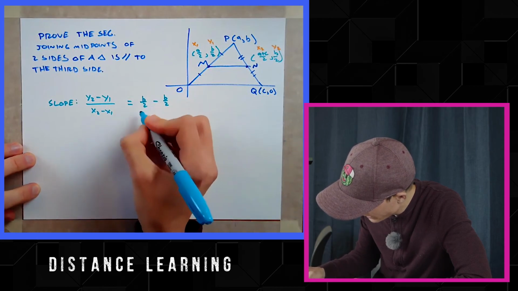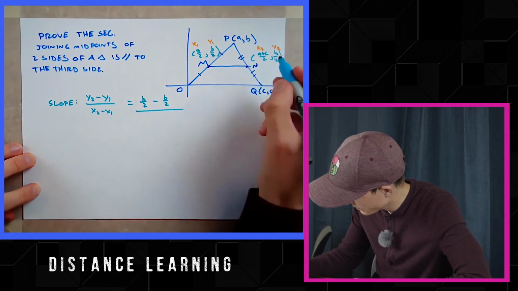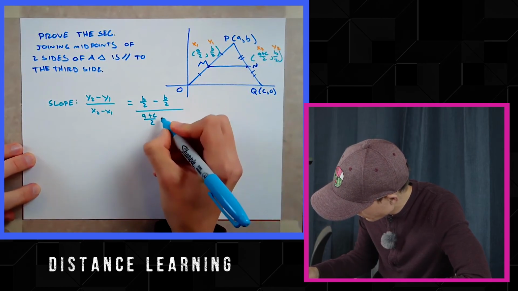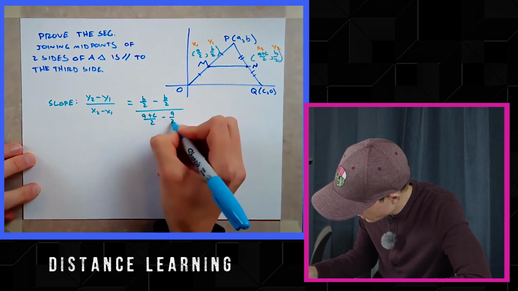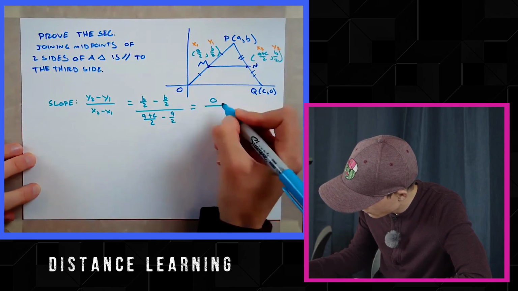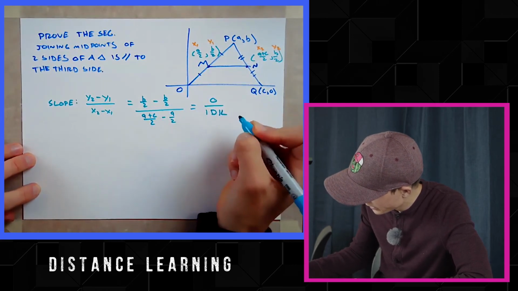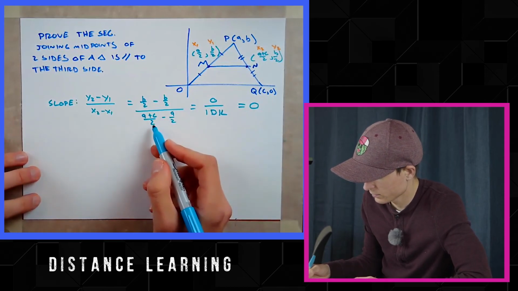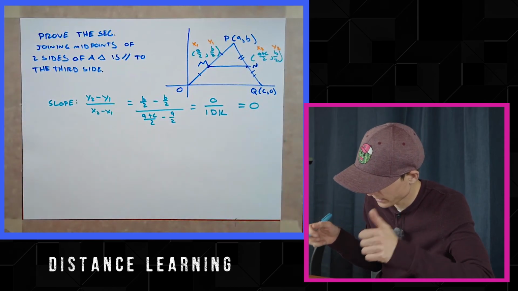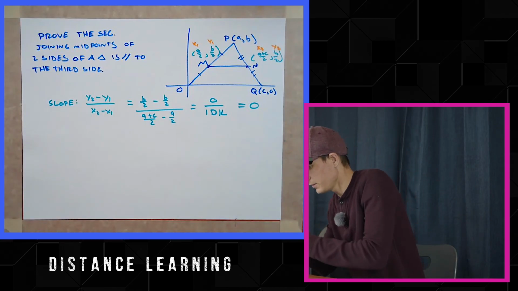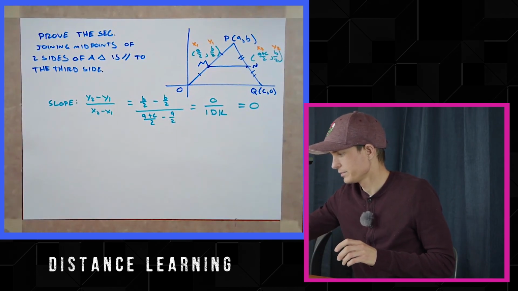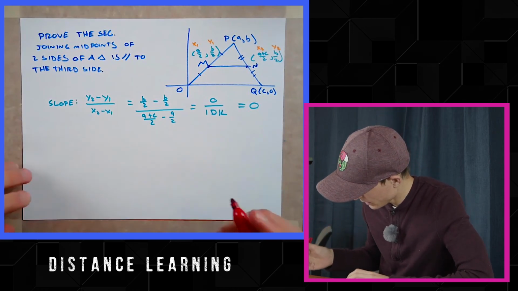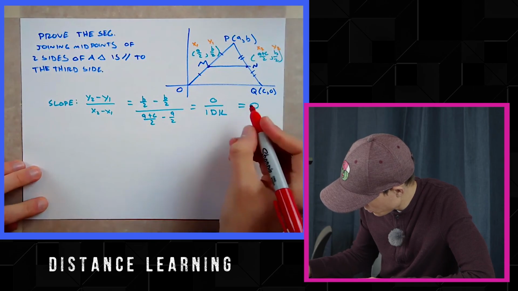Oh, they're nice to us, guys. x2, a plus c over 2 minus a over 2. But check this out, b over 2 minus b over 2 is 0 over, I don't care. It's not going to be 0 in the denominator. So 0 over anything is 0. You can solve it if you want, but hey, be smart. So the slope of